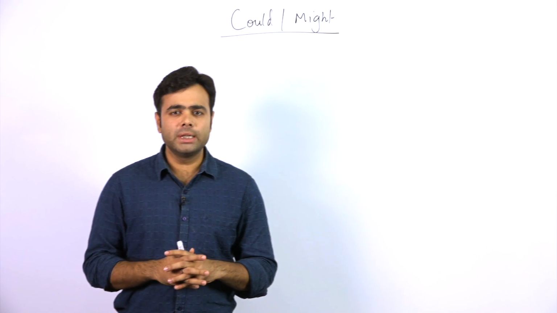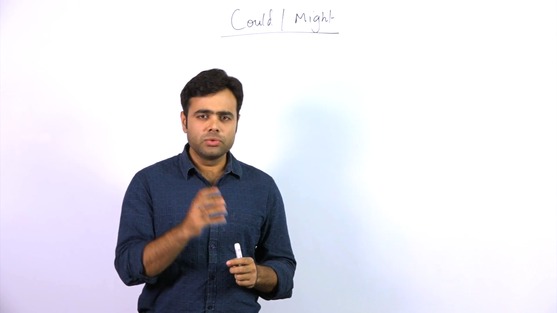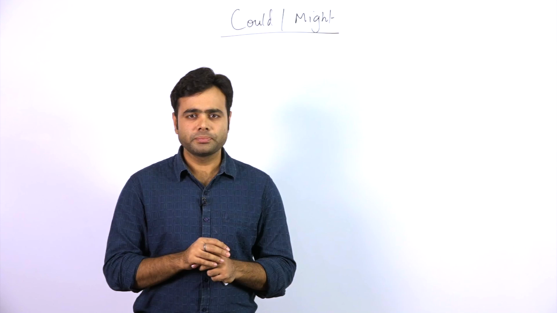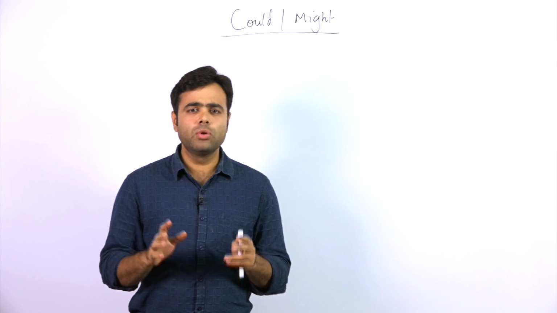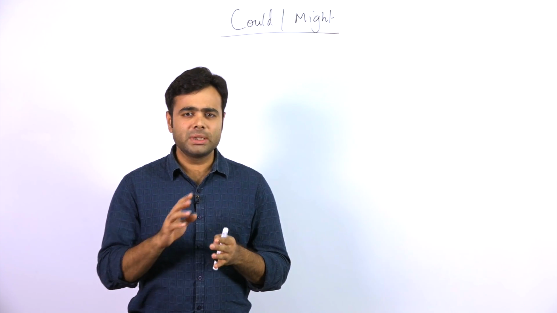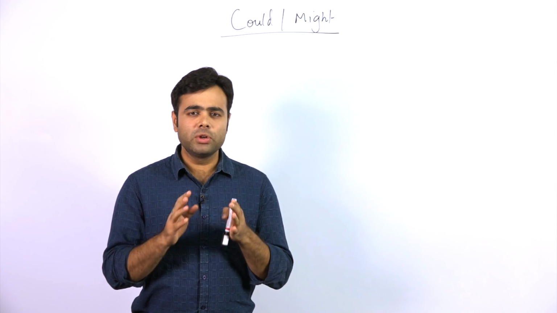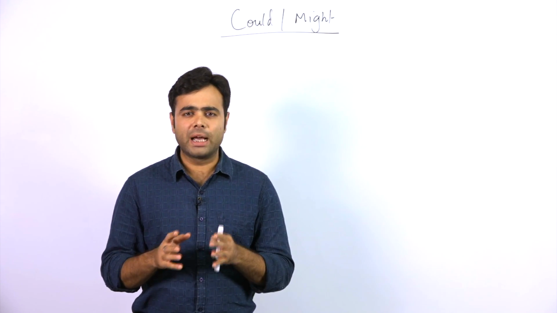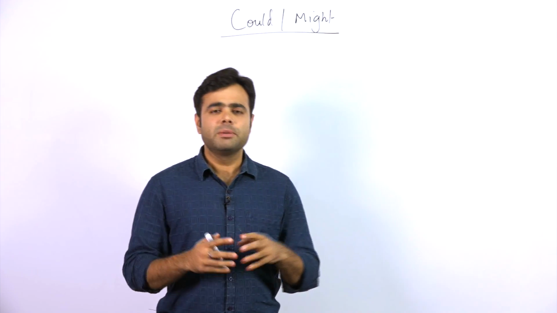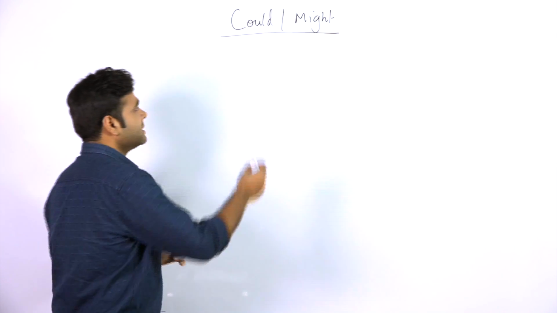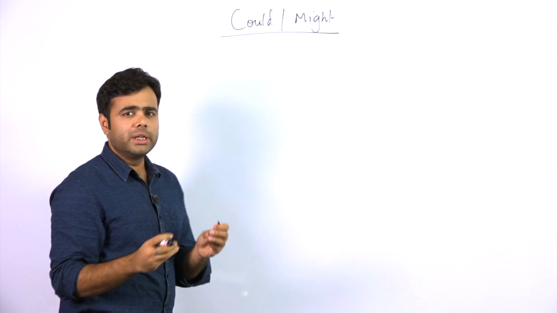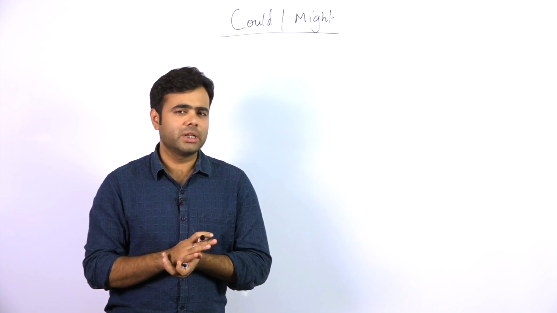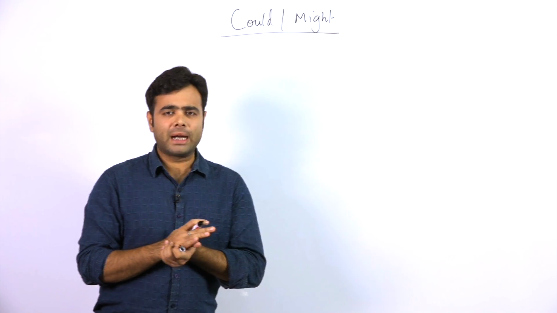Now I am going to tell you how we can use these two words and where we go wrong. Actually, there is nothing wrong in using these two words, but we have to understand the basic meaning of these two words when they are used as a modal in the sentence. Because people many times find that could and might are only the things which can be used in the past tense. People think they can only be used in the past tense,